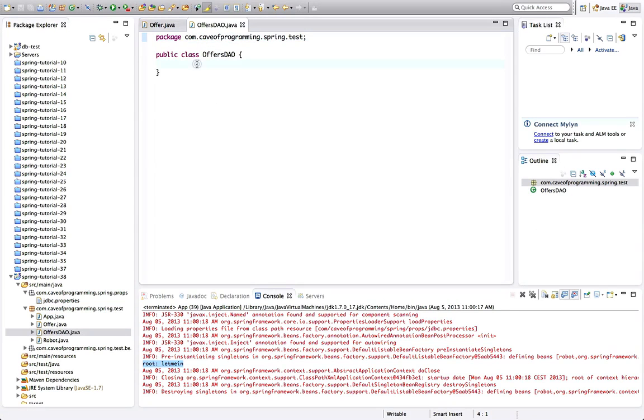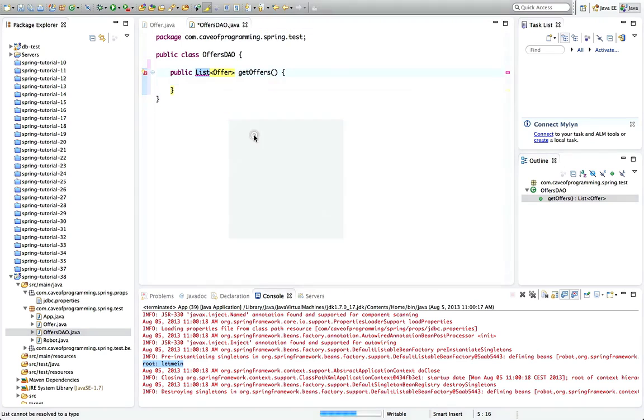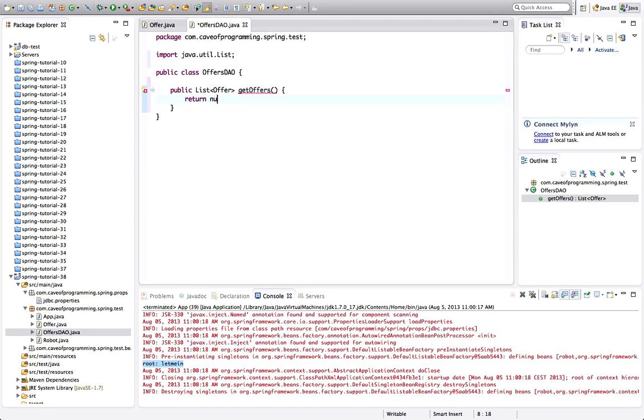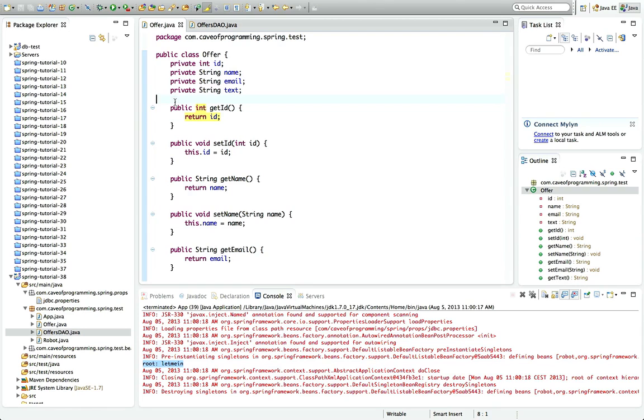and let's give this maybe one method to start with. I think let's give it a method called public List, and this is a list of Offer objects, and I'll call it getOffers. So this is intended to retrieve all the offer objects from the database. I'll just add the list import there, and for the moment I'm going to return null. So we've got a basic DAO, and we've got a basic kind of bean type object that can store a